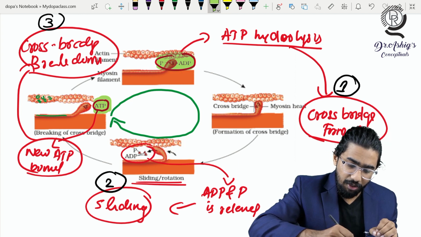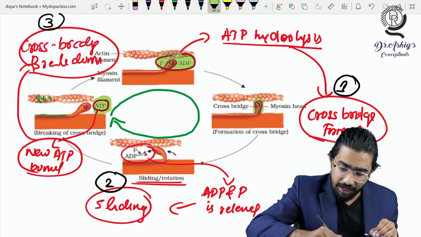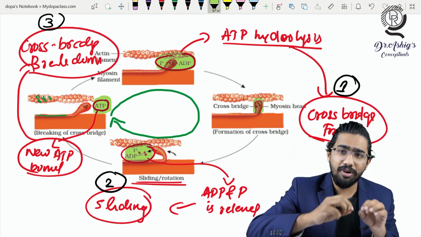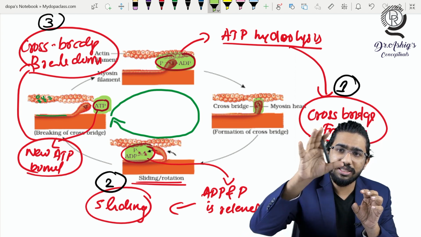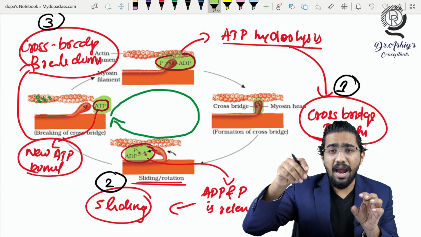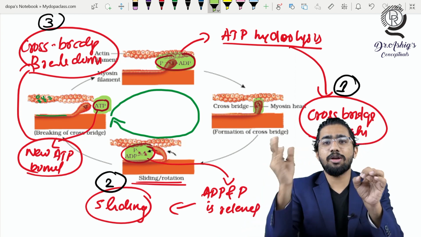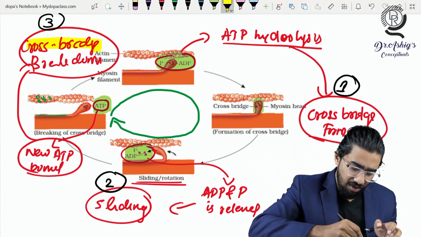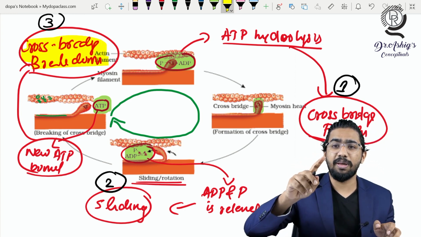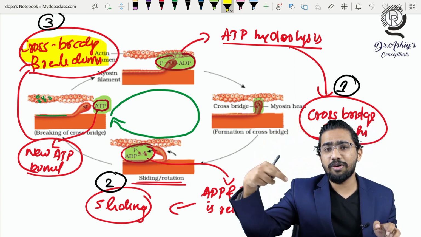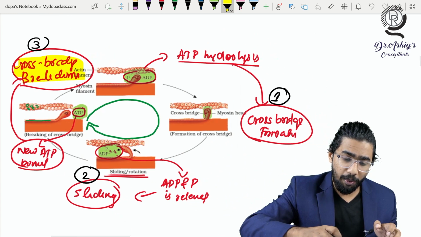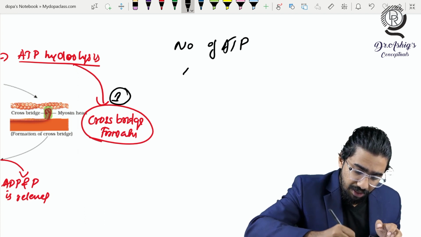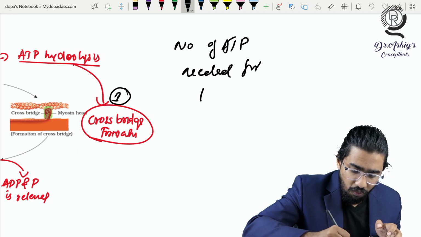The same ATP is hydrolyzed here, and after that you can see that ADP and phosphate were there, and the same ADP and phosphate are released here. So one ATP is bound for the cross bridge breakdown, that gets hydrolyzed, that is released for the sliding, and for the next cycle a new ATP will be bound, and that will cause cross bridge breaking. So for our easiness, our cycle starts here where the cross bridge is breaking down by the binding of one ATP, and that will be hydrolyzed, released for one sliding, and the next ATP will come. So the point is, you have to understand the number of ATP needed for one complete